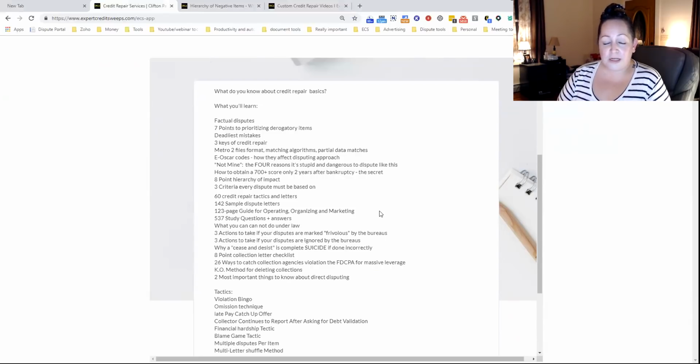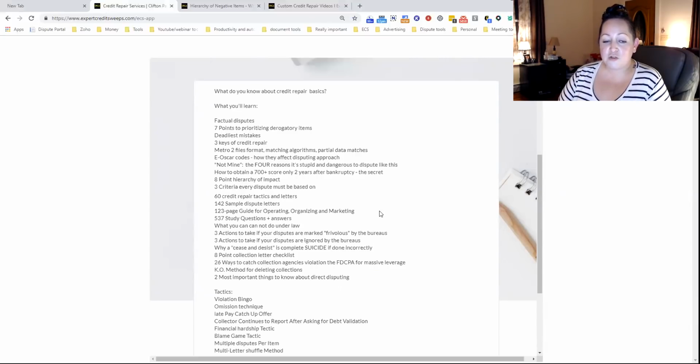So the next one is the 8-point collection letter checklist. And this next one I did write incorrectly, and I didn't realize it until I previously recorded this and couldn't read it out loud. 26 ways to catch collection agencies violating the FDCPA for massive leverage, the KO method for